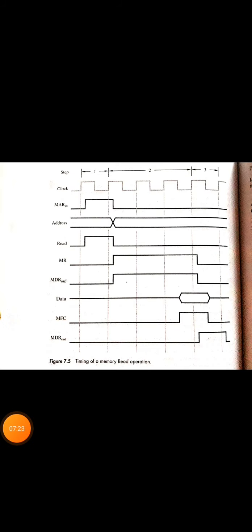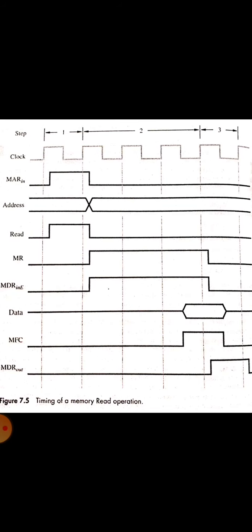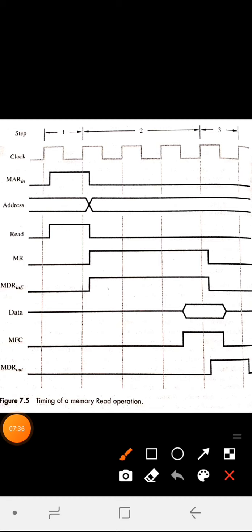So if you want to go with it, this is the timing diagram you can see over here. This is purely for our read operation, we have already said. Here the processor will take 1 clock cycle for one data transfer. Now since we are going with the read operation, as we have shown in the previous example, in the first step we need the address to be read, right? So that is why you have activated MAR in and read signal. You will be going to that address so that you can fetch the data which is present in that memory location.